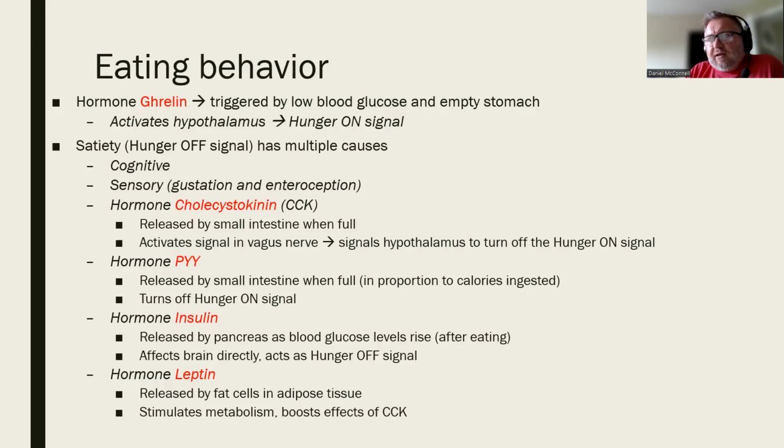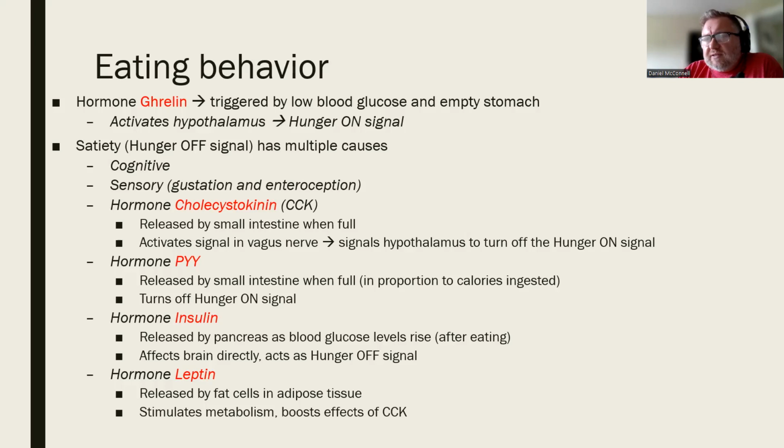Conversely, of course, if you have a high volume of low caloric food, like a bunch of lettuce, then the CCK signal might be stronger, but the PYY signal is weak. So some combination of high volume, high calorie food gets you a stronger effect here to increase satiety from both of these hormones together. Now, this takes a little bit of time because, of course, it takes a little bit of time for the stomach to empty its contents into the small intestine.